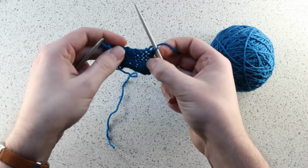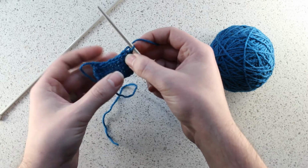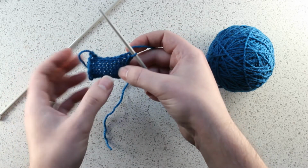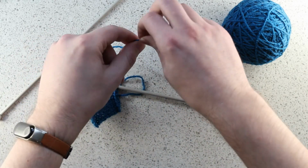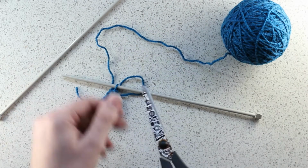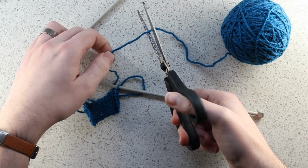And there we are, we're left with one more stitch on the needle. So you can't cast off anymore because you can't knit another one to go onto the right hand needle. So at this point what we do is we cut off the remainder of this. So I'll just get some scissors and we just cut the remainder of the yarn, leave a little tail on it,